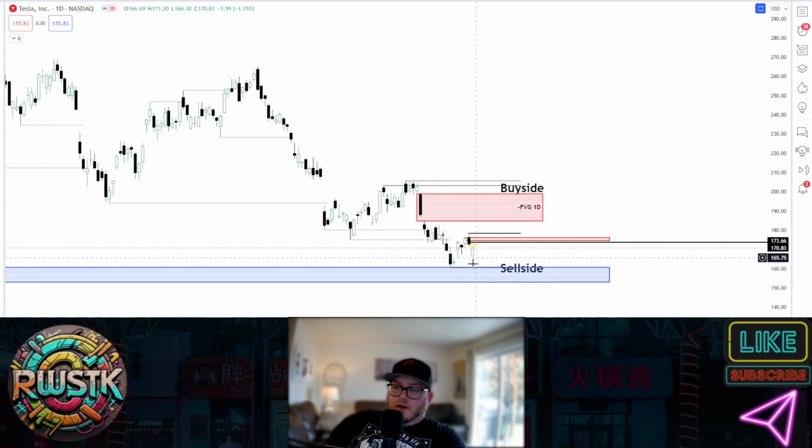But if that doesn't happen, we're coming down to take this low. Then I expect that we'll make a push up towards this fair value gap. But we'll see how Tesla behaves during the rest of the week. If the market starts rallying, Tesla's been kind of in an inverse situation where a lot of times we see SPY, QQQ, NVIDIA, some of the other stocks going up, Tesla falling, and then when the other stocks are going down, Tesla's rising. So it's got a little bit of an inverse correlation going on right now with the rest of the broader